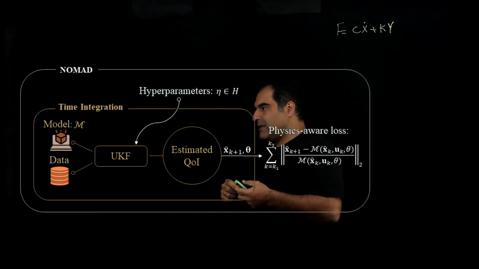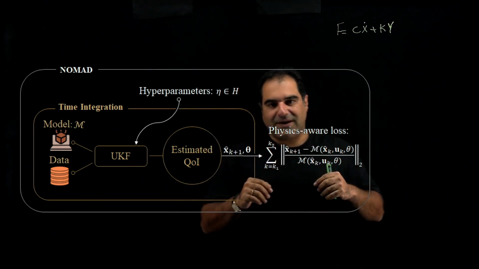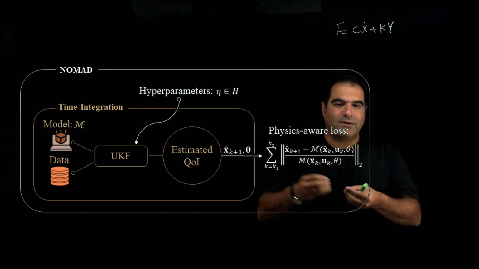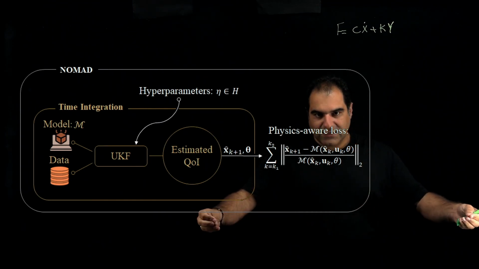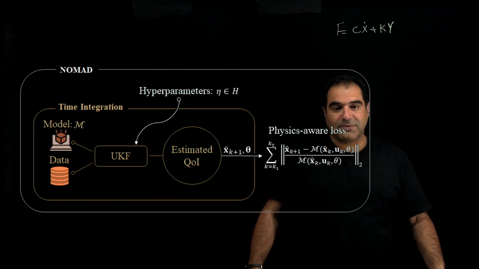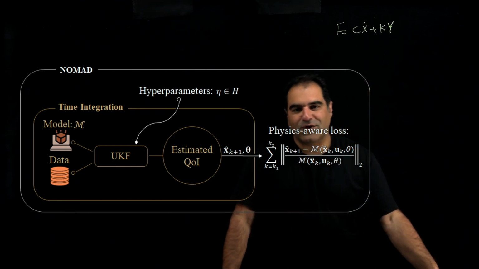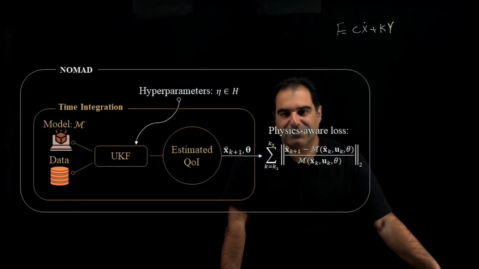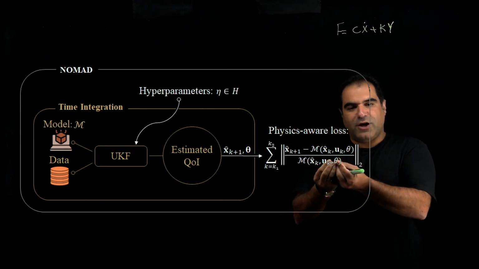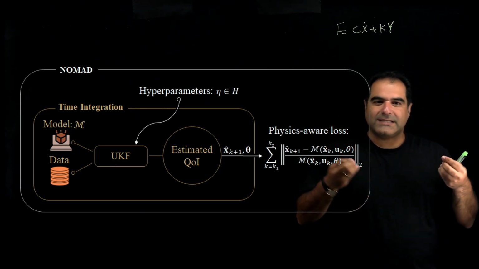There is a big scale difference between the displacement and the stiffness value. And to normalize everything, all the states in the state vector, all the quantities of interest, we divide all of them by the measurement function to scale down the loss function and make it easier to calculate. And the reason I showed you this loss function here is that you can play with this loss function as much as you